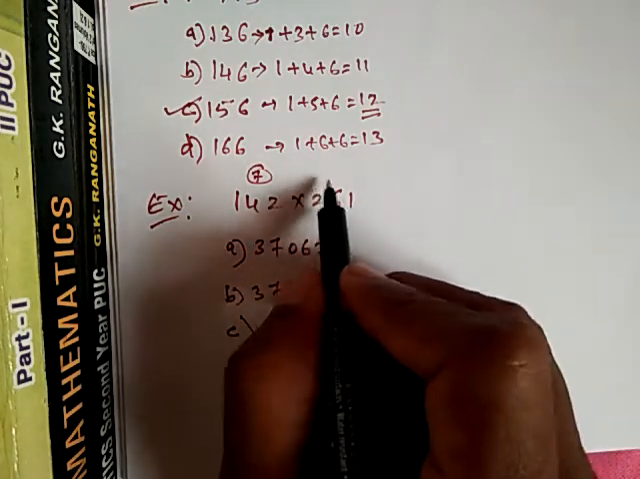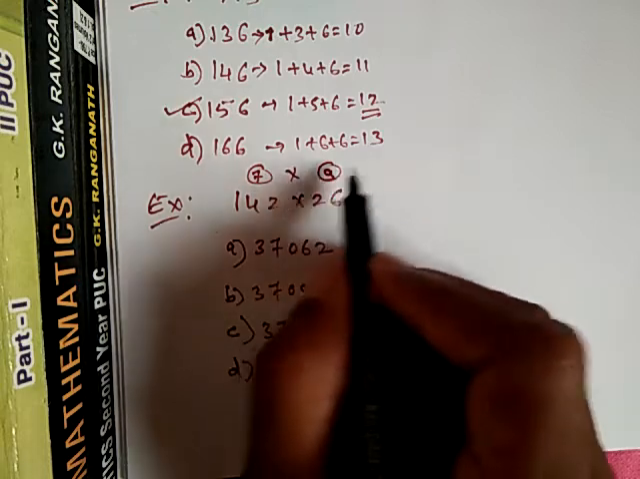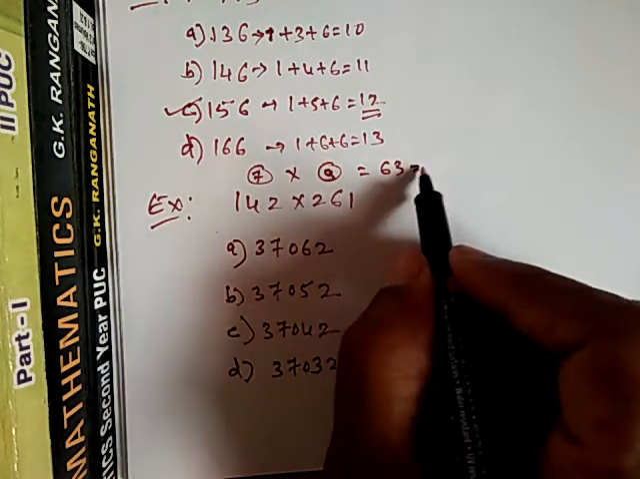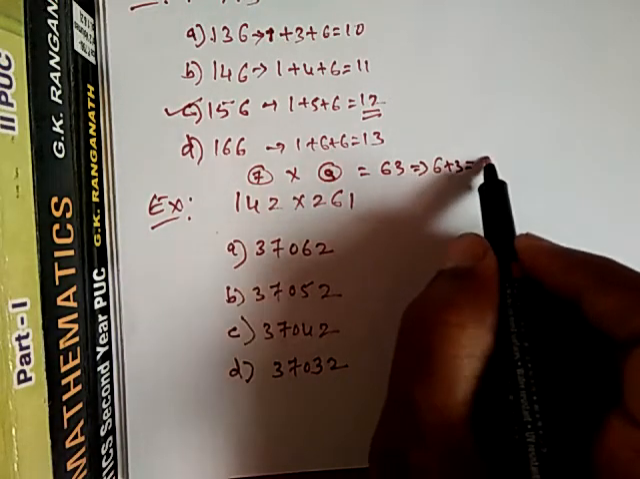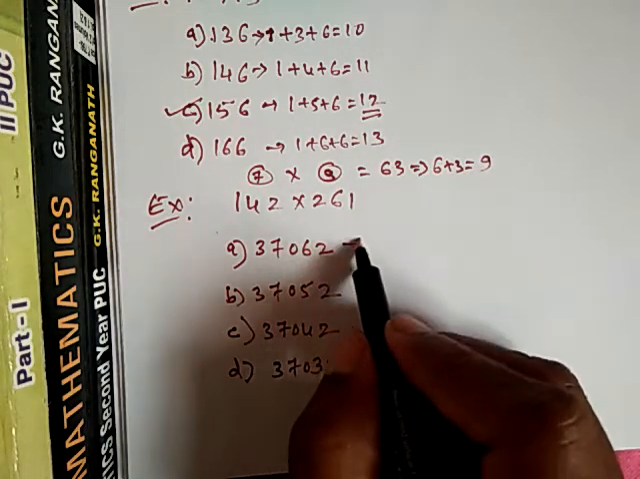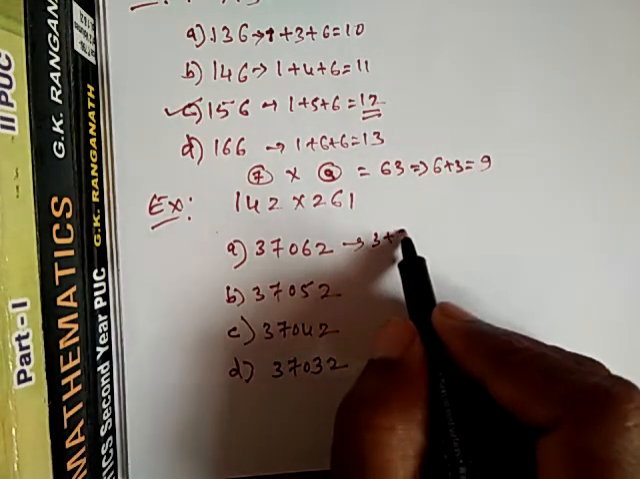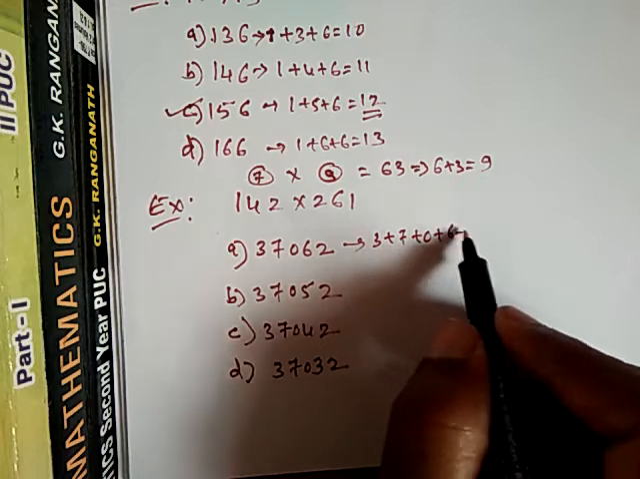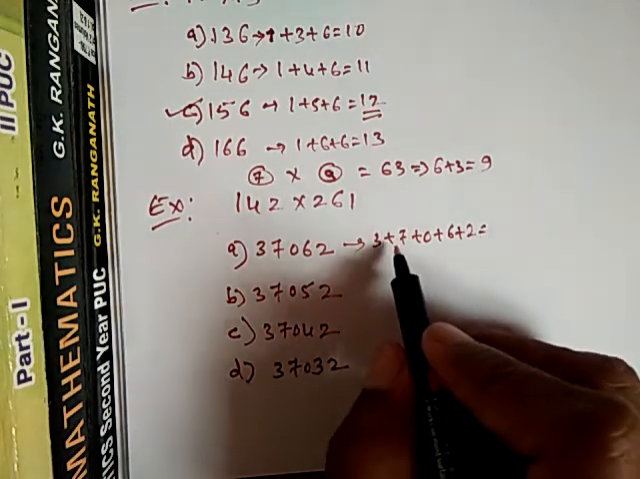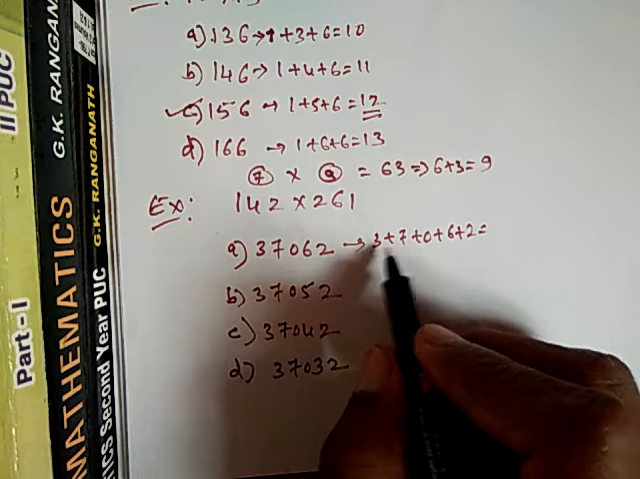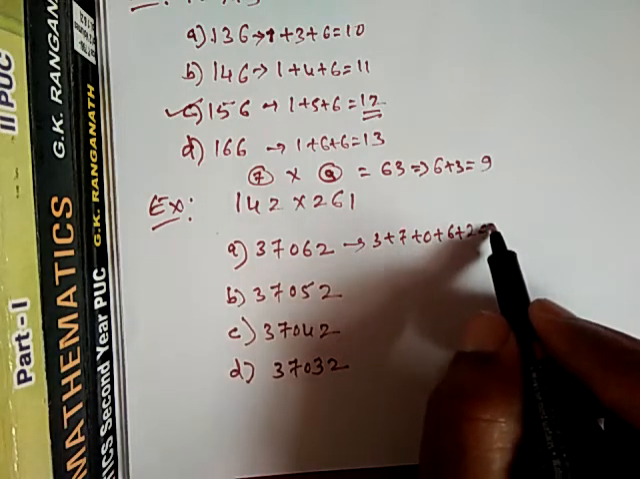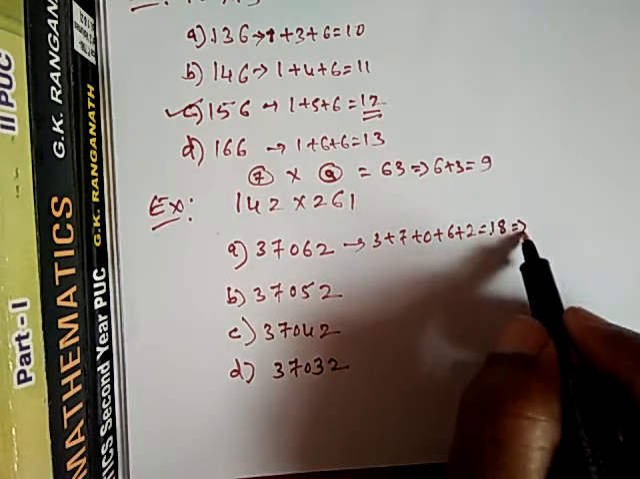2 plus 6 plus 1 is 9, so 7 into 9 is 63. Again this can be written as 6 plus 3 is 9. Okay, so you can write here 3 plus 7 plus 0 plus 6 plus 2 is nothing but what? 7 plus 3 is 10, plus 6 is 16, plus 2 is 18, 1 plus 8, again this implies 1 plus 8 is